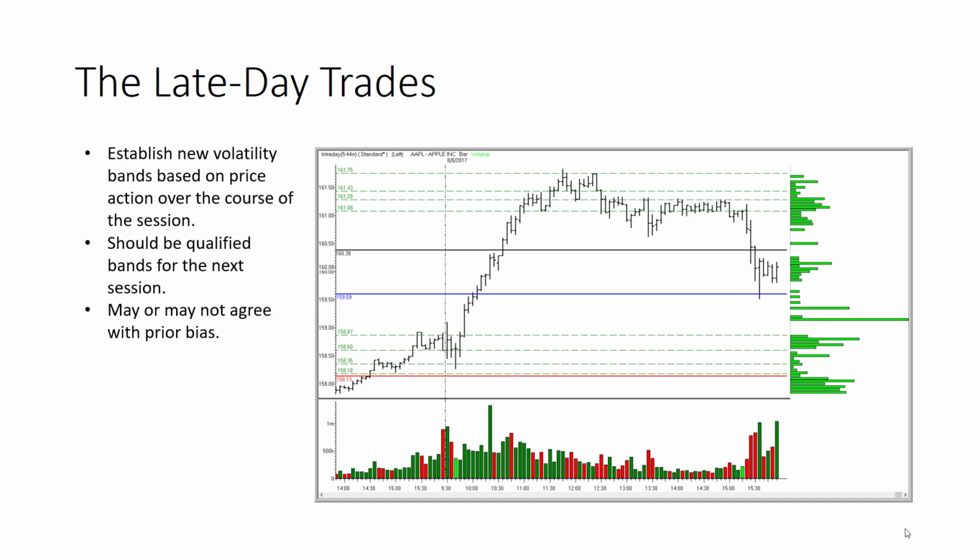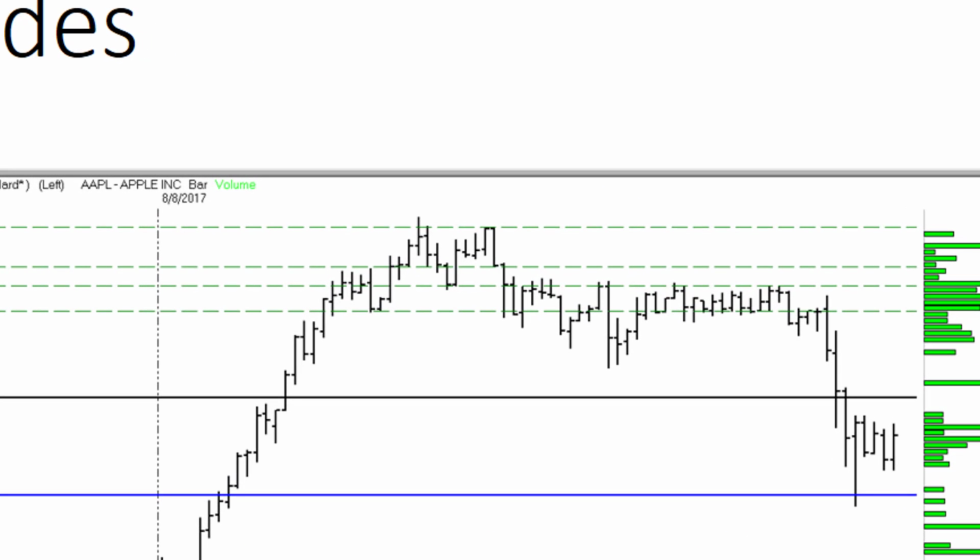In this case, you can see that there were numerous opportunities to get back into this after the New York lunch. So right around 1:30 Eastern time, you start watching this again. And by the time 2 o'clock rolls around, we've got a dip below a 161.08 line. That volatility band gives us this check mark move to the upside. Stock is kind of drifting for a while, but manages to get up and tag that 161.28 line. And then the next time that it manages to come up and give us an entry opportunity, look what happens.